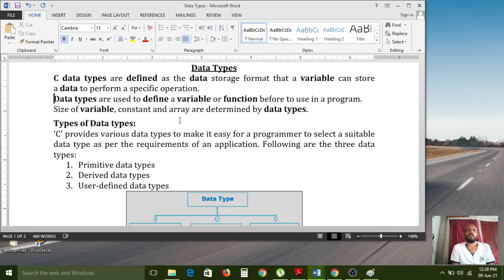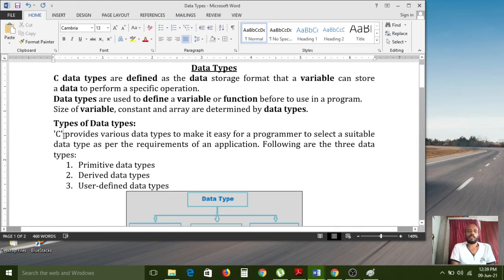Without data types, RAM memory will not be allocated for the C program, and it will show an error. At least, without a data type the program cannot compile, because syntactically that is the wrong way. Understood? Right.